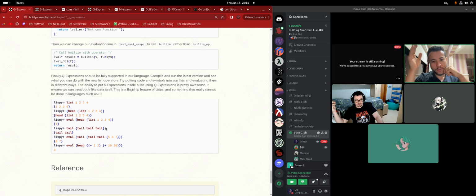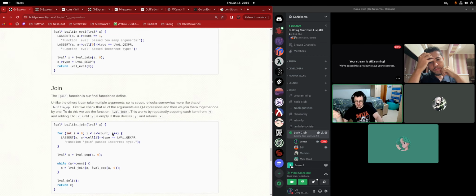Okay, so I'm calling a function and I'm giving it exactly one thing, right? Yes, you're giving it a Q expression. And the tail will remove the head and return the remaining, and that's exactly what happens. The Q expression, I have to understand or interpret it as a list of whatever is inside. Yeah, you basically read this as a Q expression of the elements inside. The difference between a list and a straight Q expression is whether or not the elements will be evaluated when you build the Q expression. Yes.